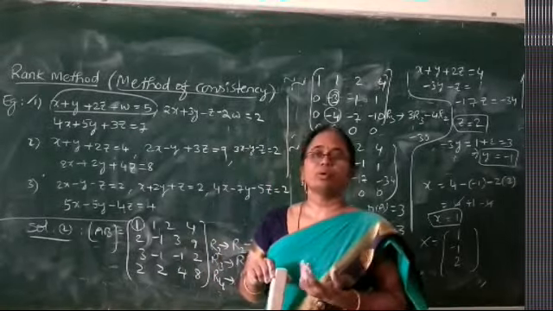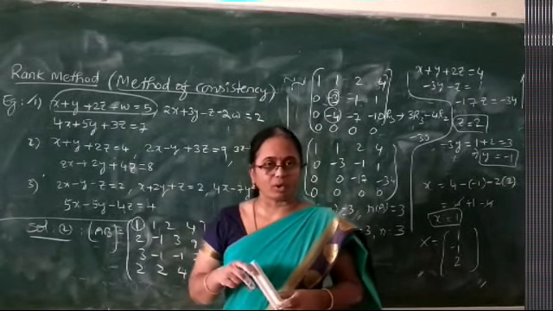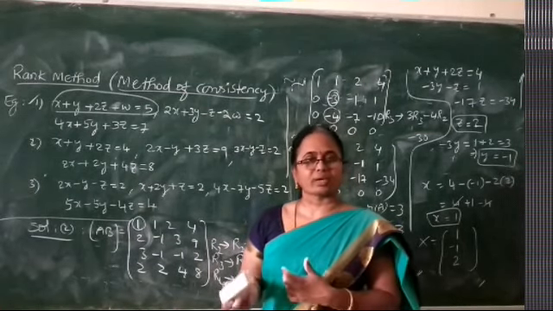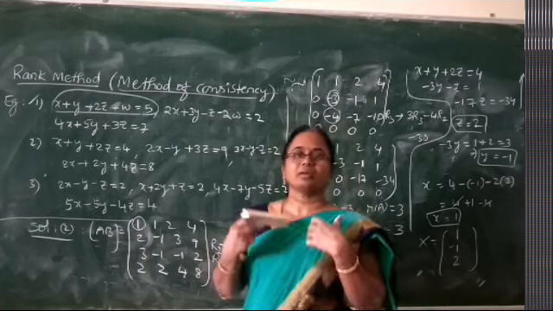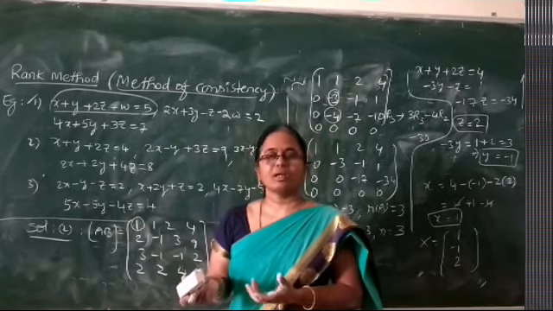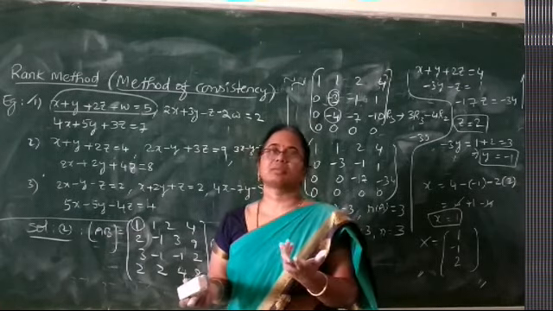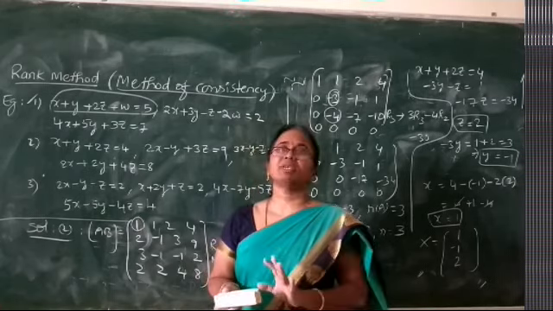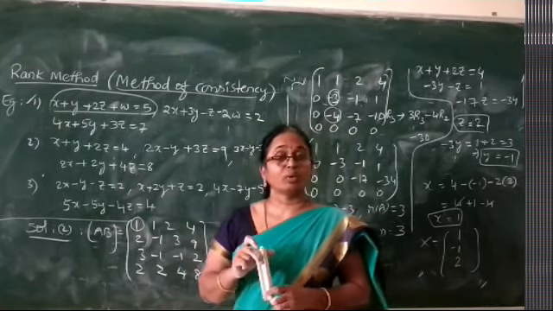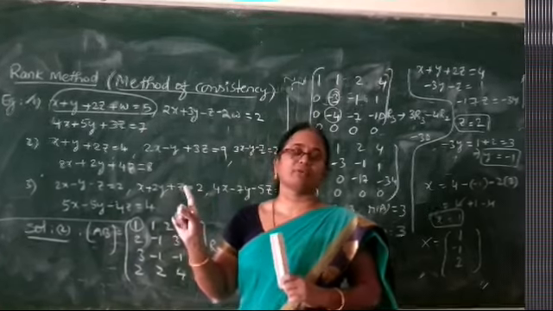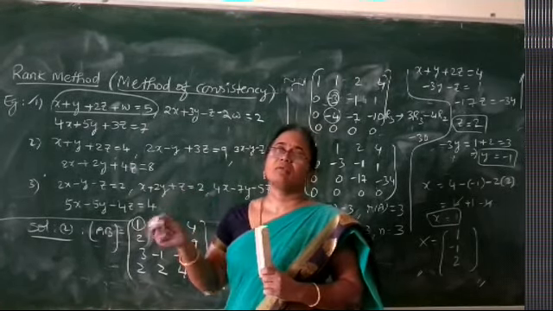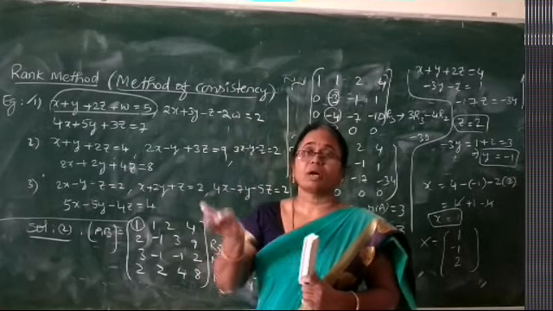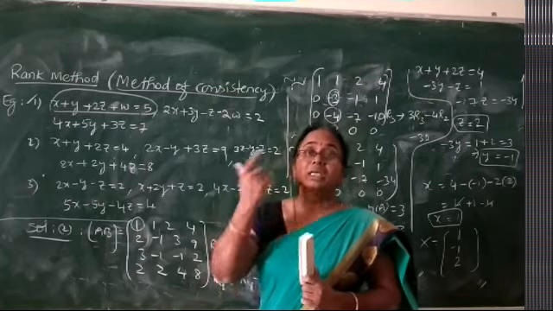So this is how any non-homogeneous system can be solved, deciding whether it is consistent or inconsistent, or which type of solution it is going to get. All these things can be easily determined by this rank method alone. So this method is very, very important for you, because only in this method we are able to first check whether the system has a solution or not, and then we are able to find out the type of solution.